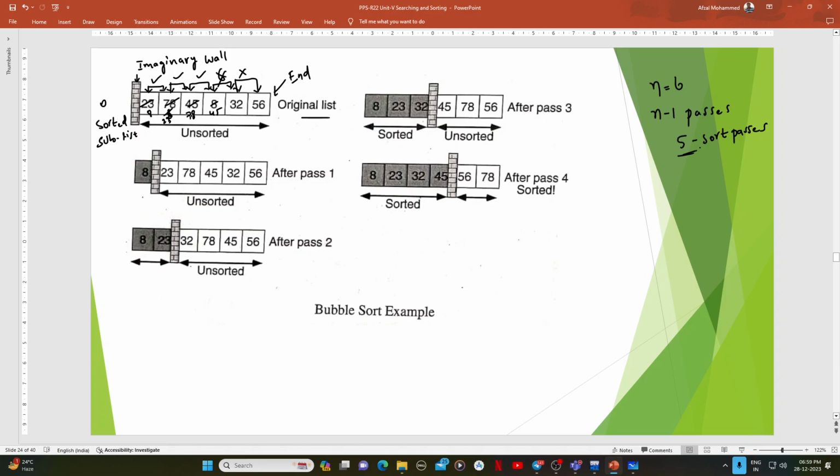Why do we call this algorithm bubble sort algorithm? In the sense, because it is something like in a bowl of water,